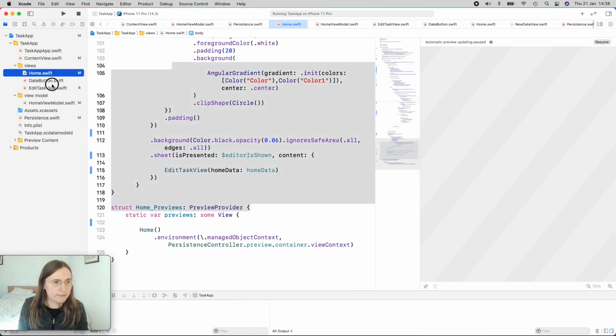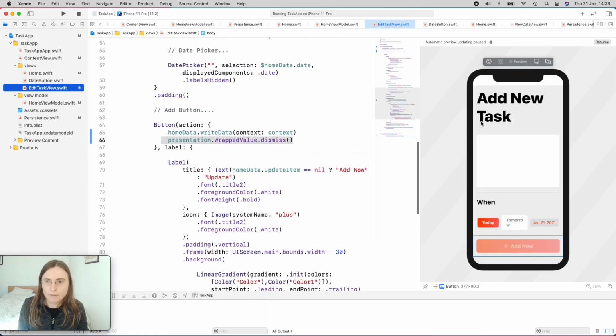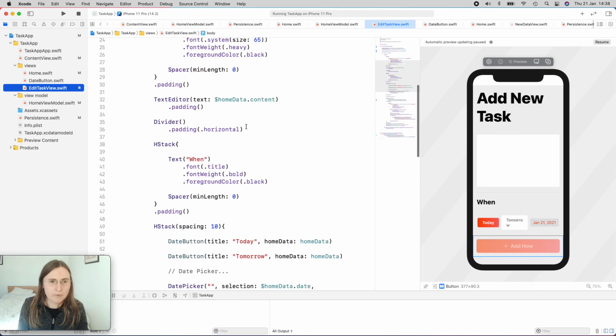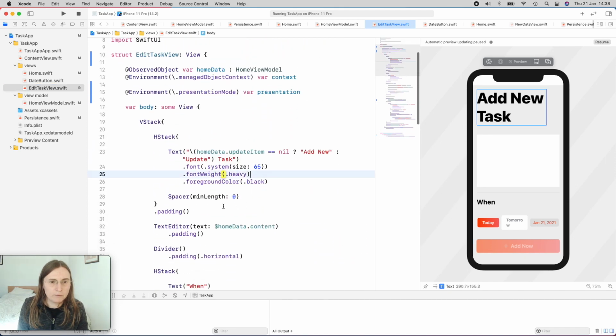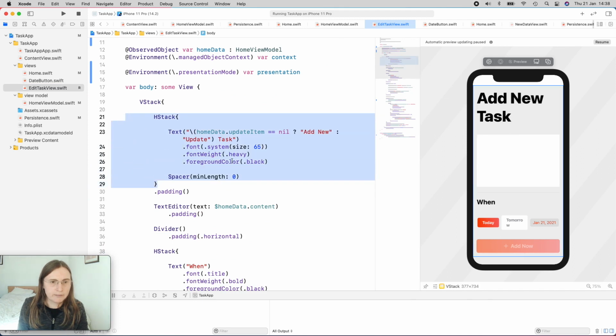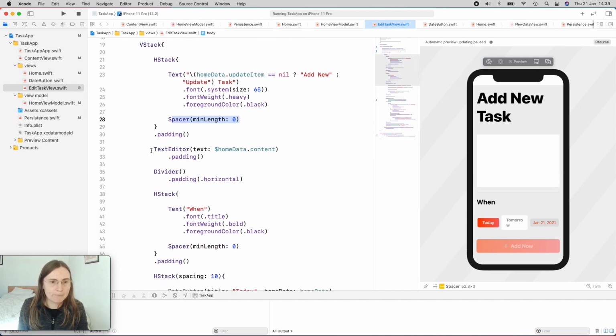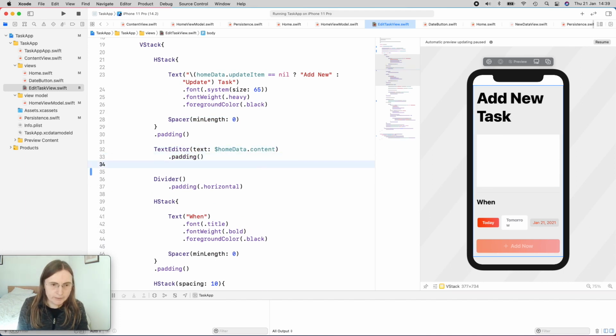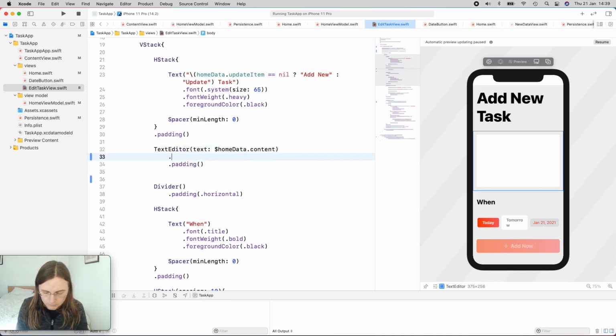Now let's have a look at the editor task view. Let's go through one by one. I have here the title, and he's using here again this h-stack with a spacer, where you can use a flexible frame. Then we have this text editor, and actually in this view it does have a different color. I'm just going to add here a different background color just to see,